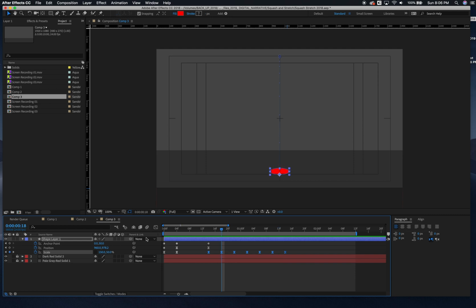So once again, it's selecting the last keyframes of the scale after it hits the ground, holding down the Option key and grabbing the last keyframe, clicking, and dragging towards the left, and it'll pull the keyframes closer together. That way, you get a little bit more of a